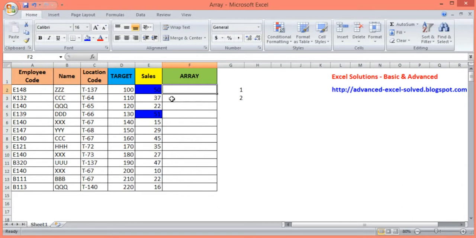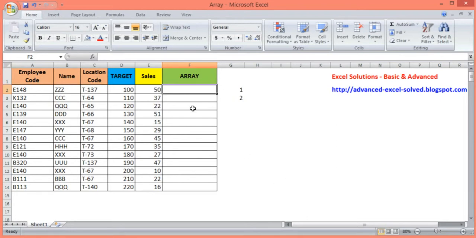So what do we do? We use an array. What does an array do? An array makes your life simple by allowing you to provide multiple numbers, and it will calculate within the supplied numbers. So let us give a live example to understand it. I hope this example will clear the concept of array.